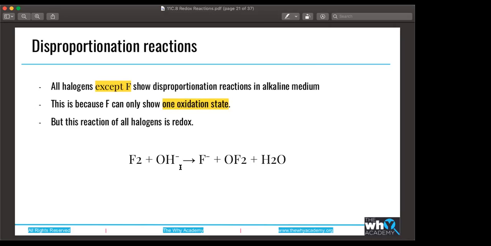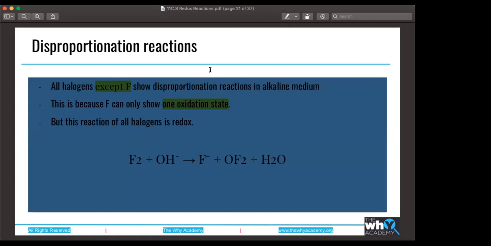Ma'am, so you said that fluorine cannot show disproportionation reactions because it only exists in one oxidation state, right? Yeah. So what about metals, like alkali and alkaline earth metals? They will also not show disproportionation reactions. Yeah. Okay. So this particular reaction that you see here, fluorine in the presence of a strong base